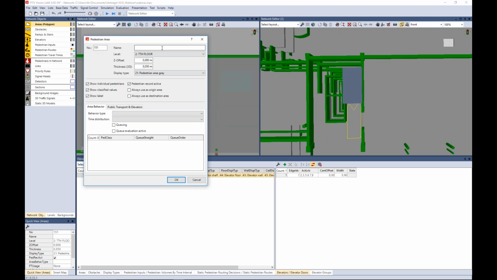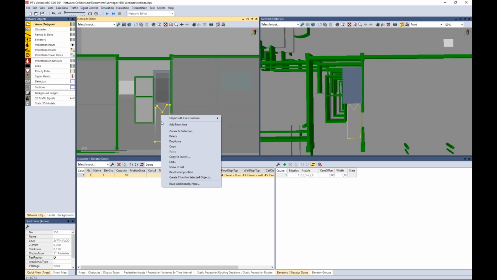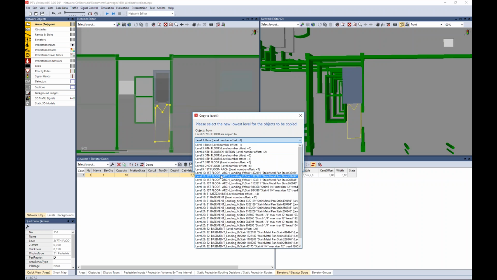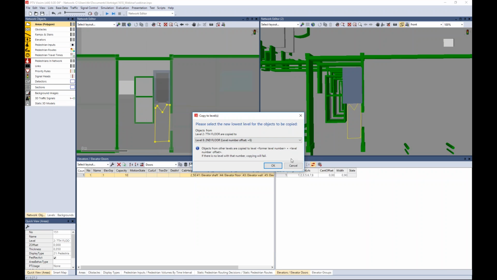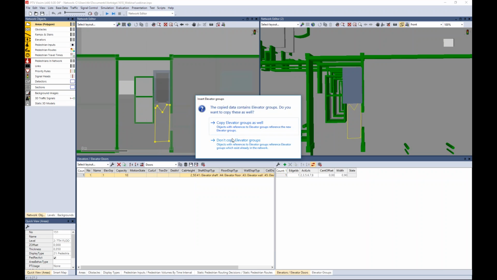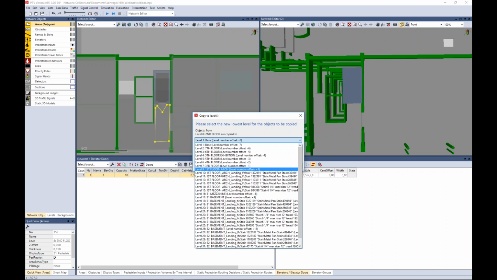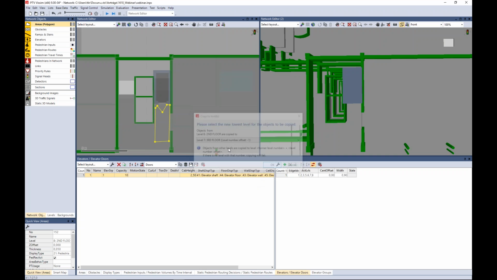So we have created this one for the 7th floor, and of course such an area is required on each level where the elevator has a door. So the 2nd one, the 3rd one,